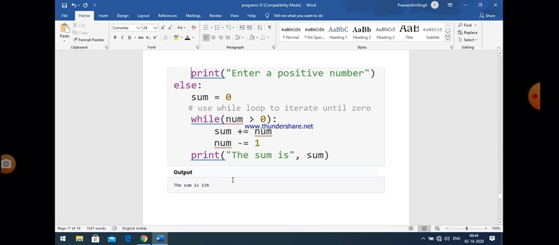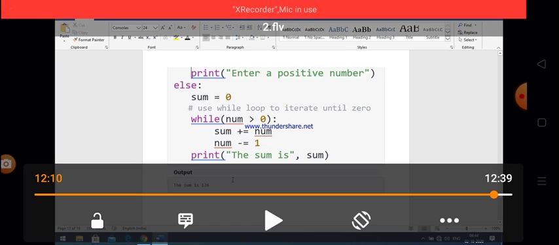Write the program in a practical copy according to the user input only, because most of the time in examinations programs are asked related to user input. You input a value, and according to that, the condition or calculation will be there, or the result will be there. So now I hope you are able to understand all these programs. Write this program in a practical file.